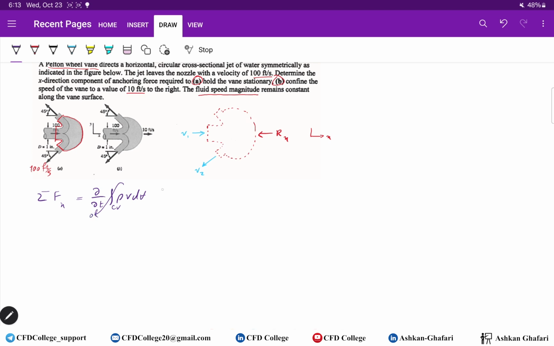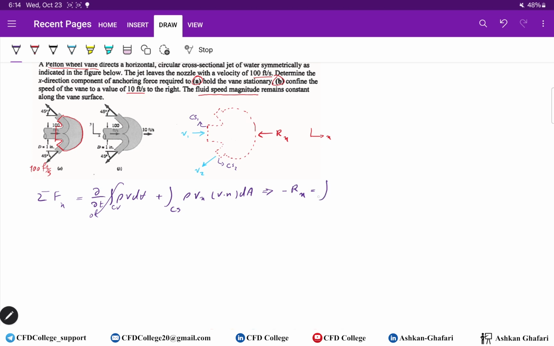We are working at a steady state, plus integral of rho Vx V dot n dA. We have two control surfaces, CS1, CS2, and we only have one force. So minus Rx, because Rx is in the opposite direction,